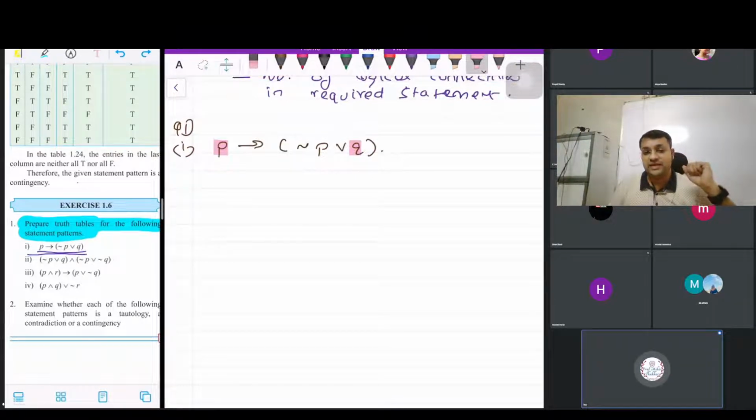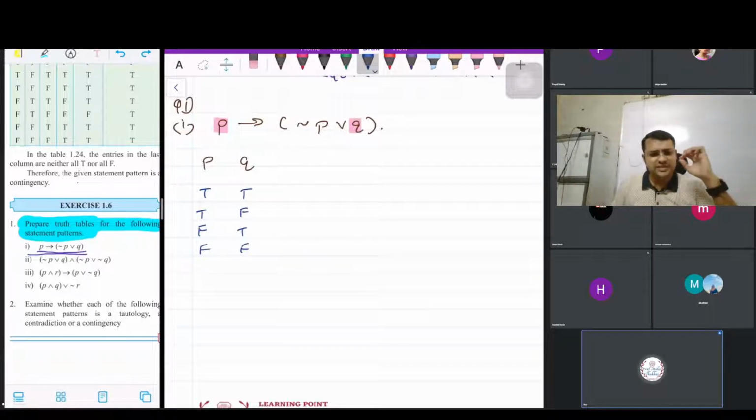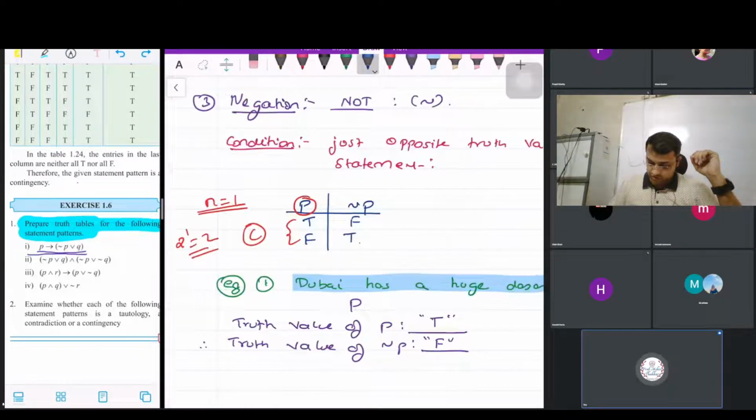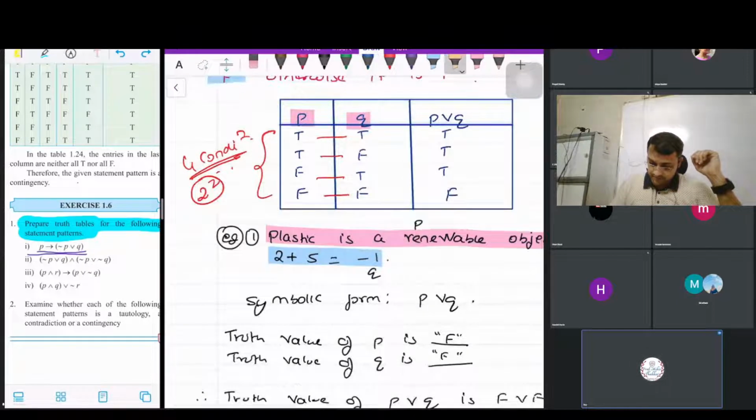So now when there are two statements, the basic columns that I will be making will be something like this. Column P, column Q. Below P, I will write the conditions T, T, F, F, and for Q the conditions are T, F, T, F. This is exactly the same as the columns which I had written for the truth table. Just observe over here. Can you see this? This is TTFF and this is TFTF.